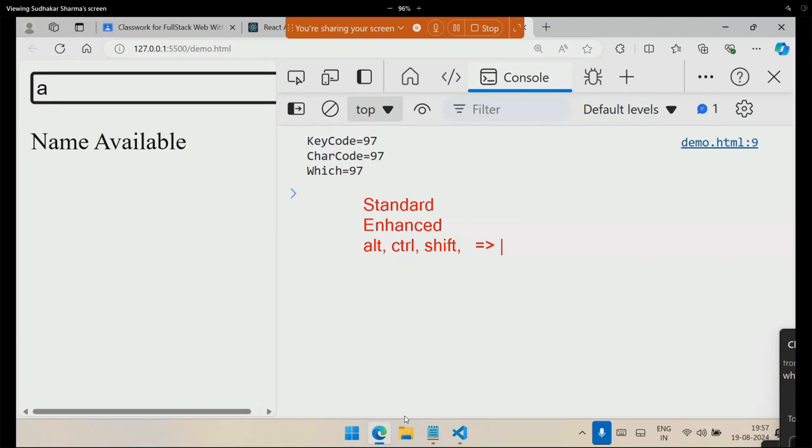Control, Alt, Shift. These are what type of keys? Suppose 1, 2, 3, these are numeric keys. A keyboard contains alphanumeric keys, symbol and special character keys. A keyboard contains function keys, F1 to F12. Control, Alt, Shift, these are called as